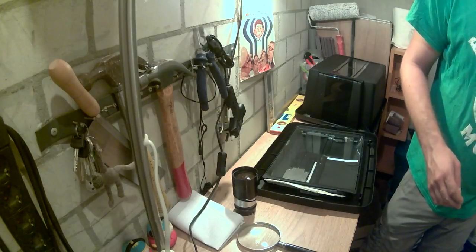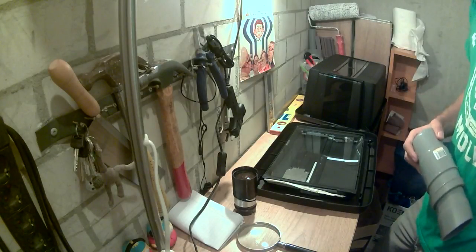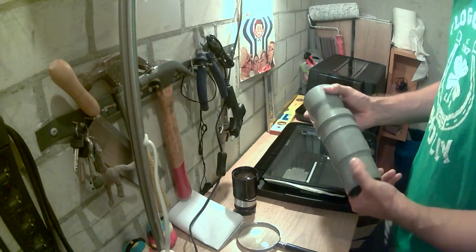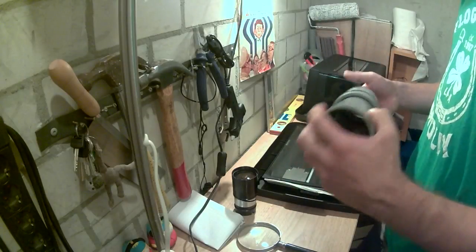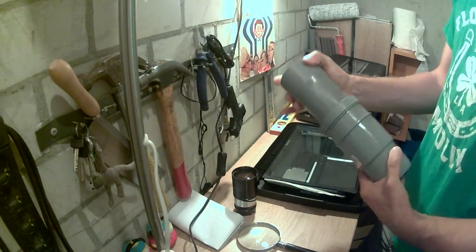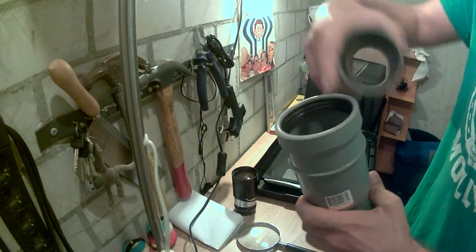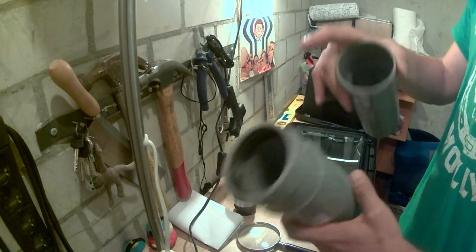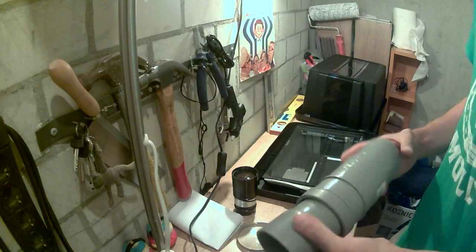And since my idea is to use different kinds of lenses, which obviously have different focal lengths and require some kind of movement and adjustment, I found this while I was at the Praxis store, which is, I'm not sure exactly what its function is. It's some plumbing tubing, some connector, but the good thing is it slides. It has a rubber ring inside, like a, what's it called? A seal, and so that's good both for light and also for not letting things slip,